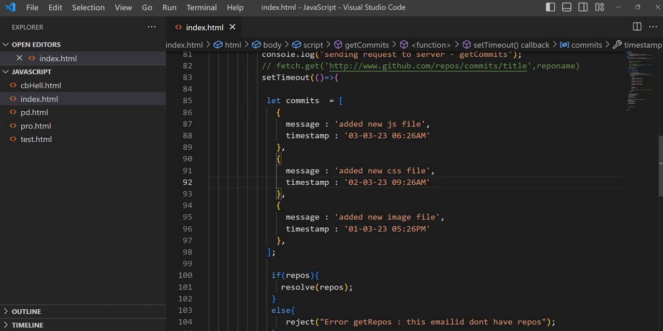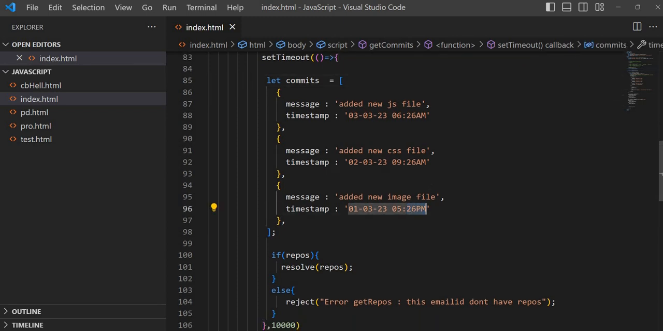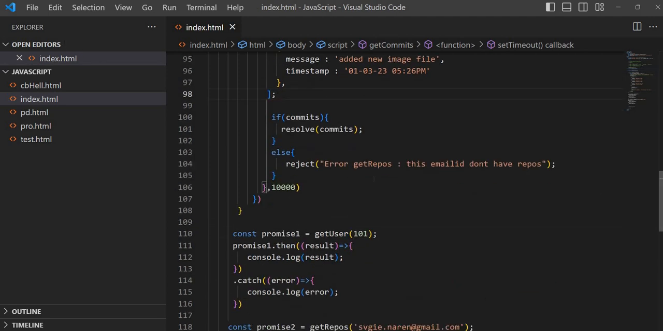So don't do like that. Fine, okay. If you're giving a commit at 5:26 and another commit in the morning at 6:28, that means you're working 24 hours, right? At least minimum 12 hours. So here, if you have commits, just return those commits, and if you don't have commits, error get